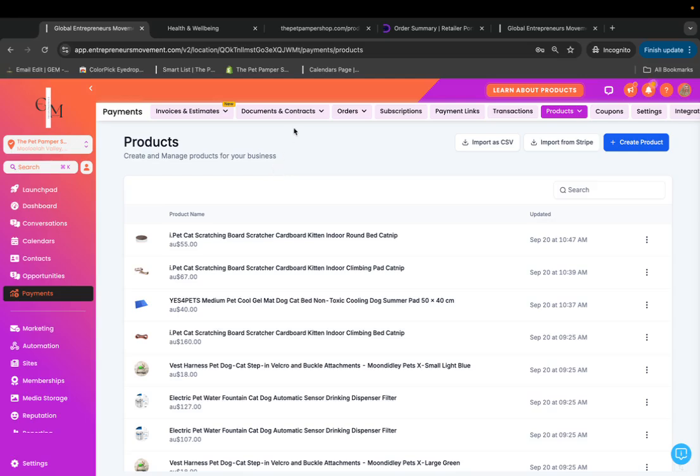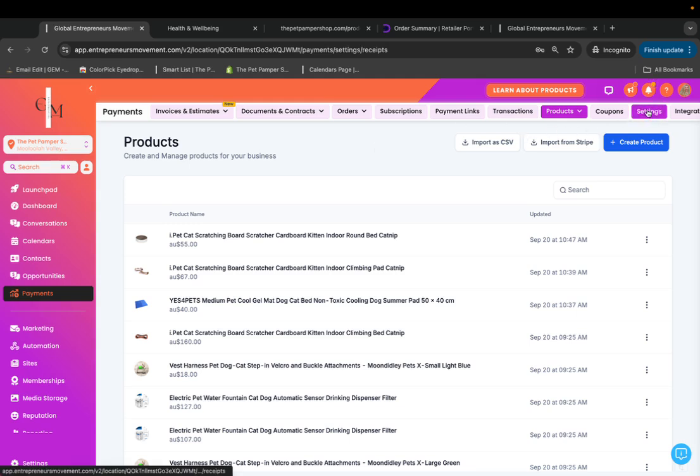Okay, so once you've used the dropship portal in your software to bring the products through, there's a few things you will need to do. Let's look at this one, for instance. I've just done that one. So some of the things you need to do in advance to get this ready is you need